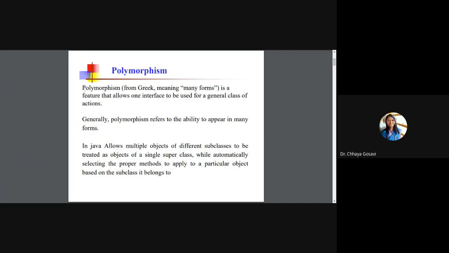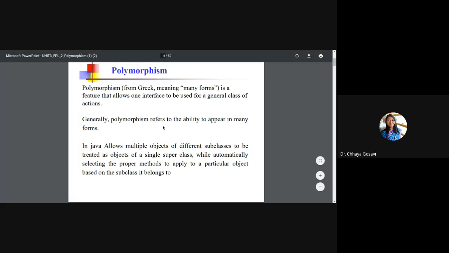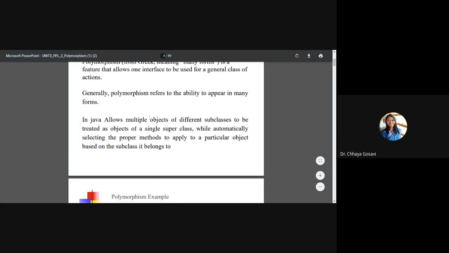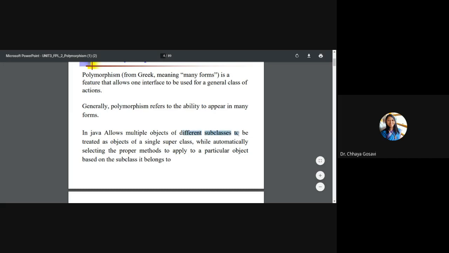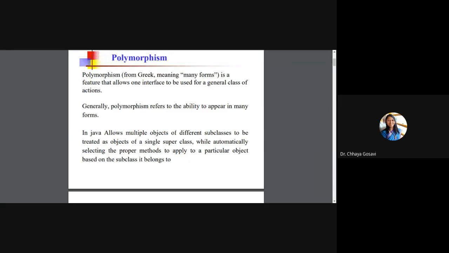So you know the definition, it means many forms. Java allows multiple objects of different subclasses to be treated as objects of a single superclass, while automatically selecting the proper methods to apply to a particular object based on the subclass it belongs to. You'll understand this in unit 4. We have one superclass and more than one subclass.